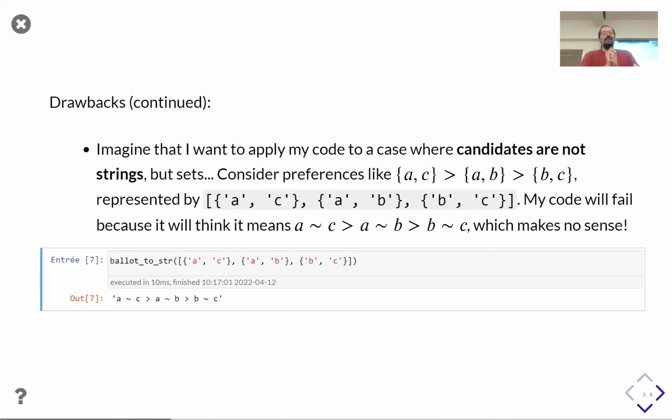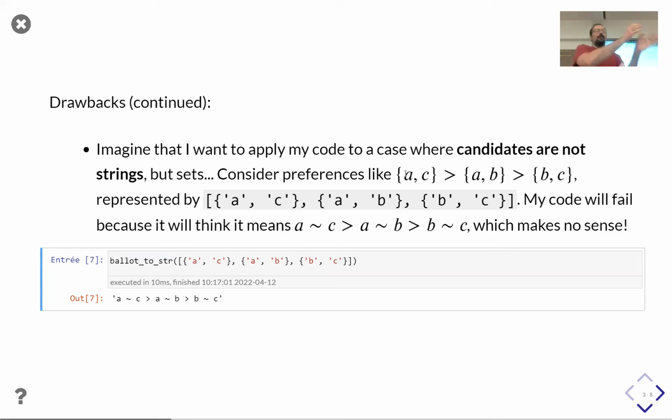Next consequence. For the moment, I consider that my candidates were strings, but why not allow candidates to be any kind of object in Python, or at least any kind of immutable and hashable object to avoid problems. So imagine now that you have a preference over sets.